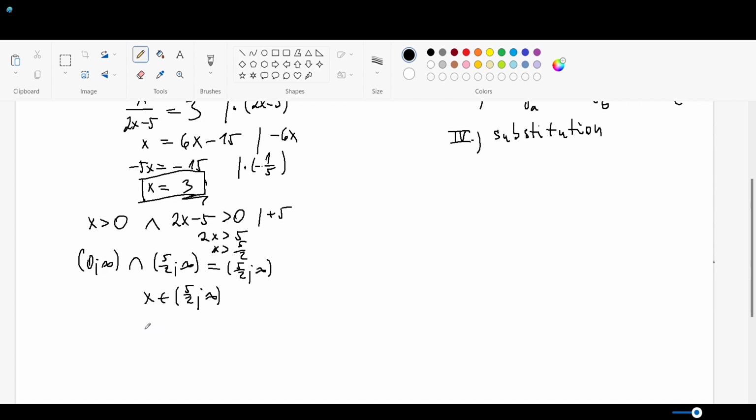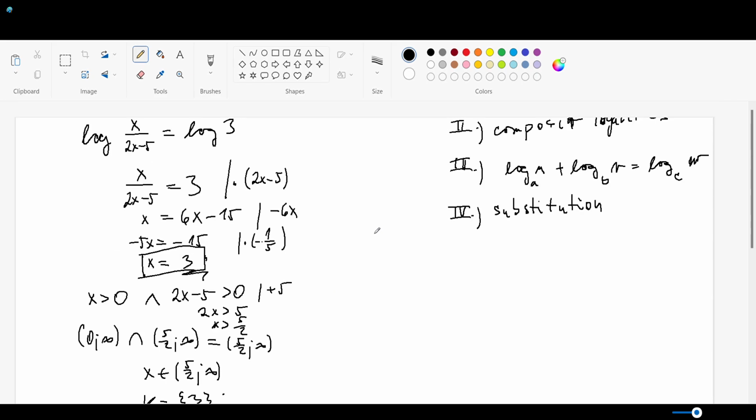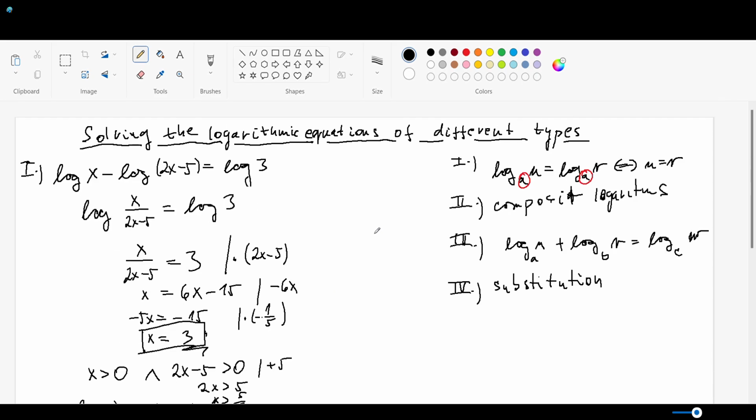So our root is really okay. So the conclusion is that the set of the roots is a one element set, and it is the number 3, which is correct. Let me just try to do the check,